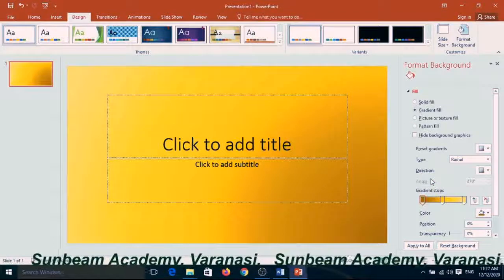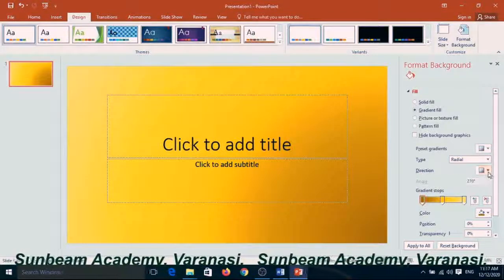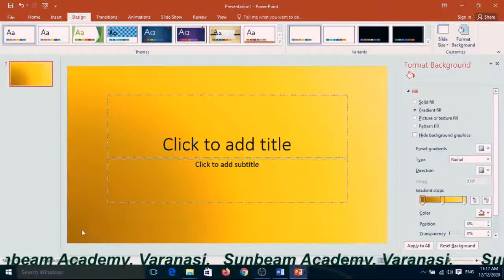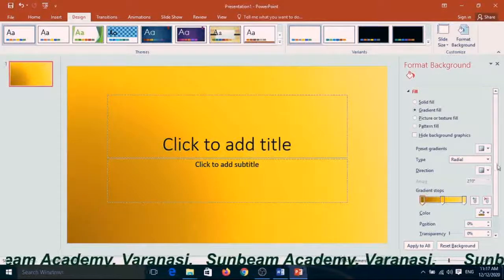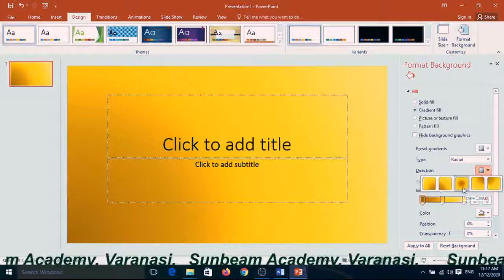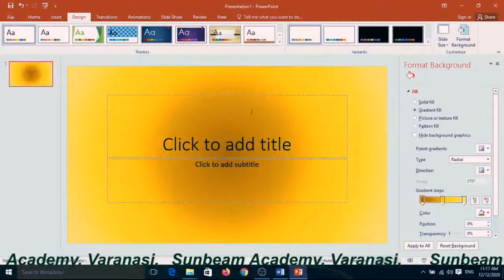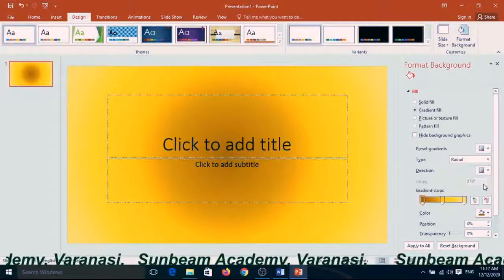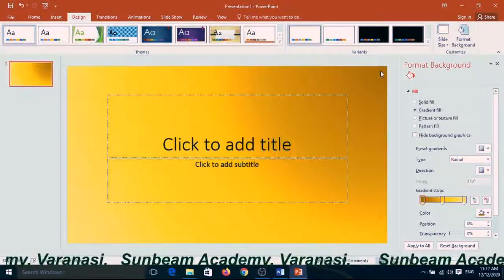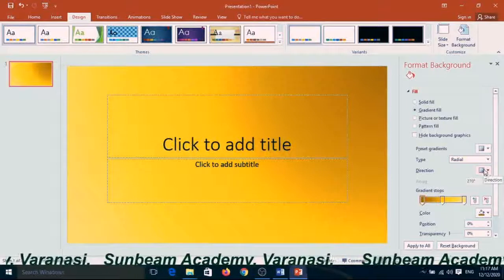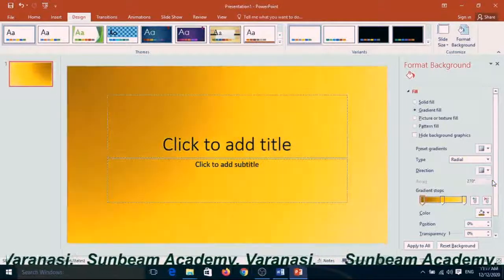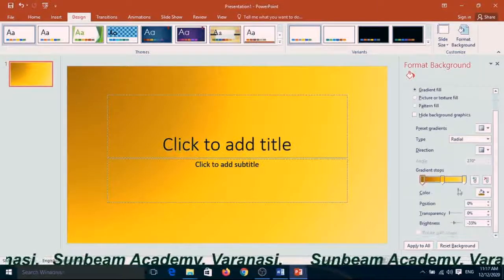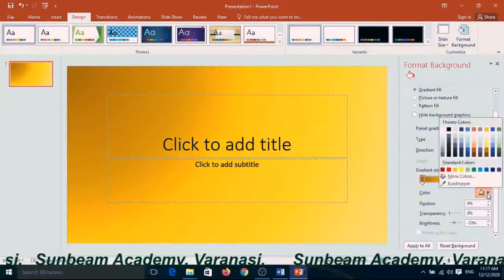My mouse is blinking here and now it is in the center point, which means the radial is in the center, and this is the corner of the right side up, and this is the left side of the up position. And you can choose the color also.